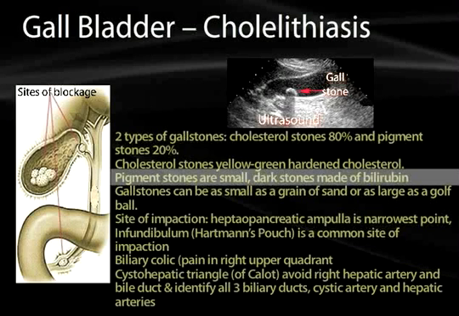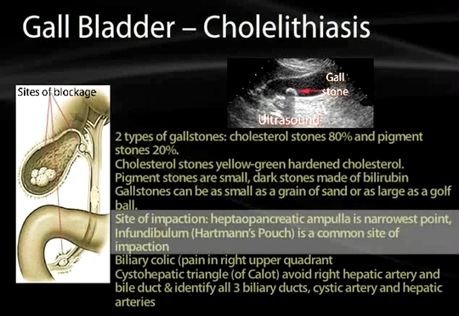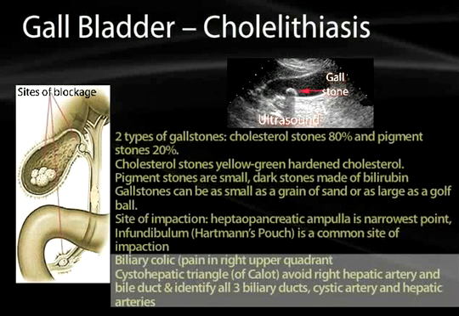The key difference to telling these apart when it deals with questions is that the ampulla, hepatopancreatic ampulla, is going to be the narrowest point, and you'll also get an associated pancreatitis when this becomes the site of impaction. And this will cause biliary colic, which will cause pain in the right upper quadrant just under the costal margin as a result of the contractions of the tree as it tries to push through some